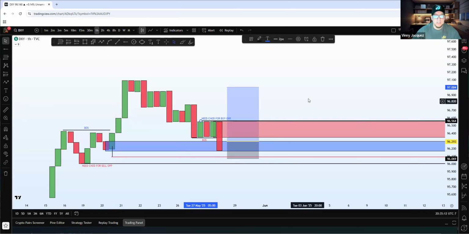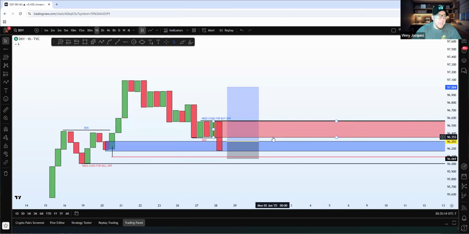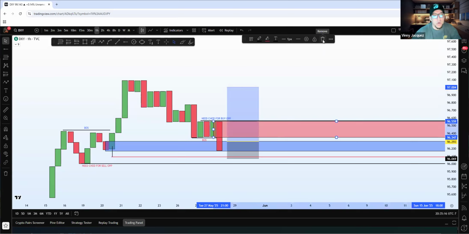And my change of character is here. Now, again, you may or may not have this box here, but I want you to understand where the sellers are looking to continue sells. Okay. Does that make sense? Is anybody confused about that? I didn't want to put this box here because I didn't want to confuse anybody, but it's very important that you guys understand where people are looking to take these opportunities.